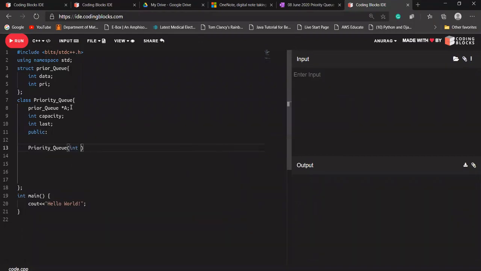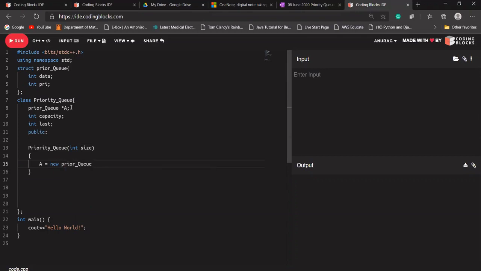Okay. So let's say I'm creating a constructor here, priority queue. It will take an integer value, size. What I'm going to do here: A is equal to, I'm allocating memory to our pointer.